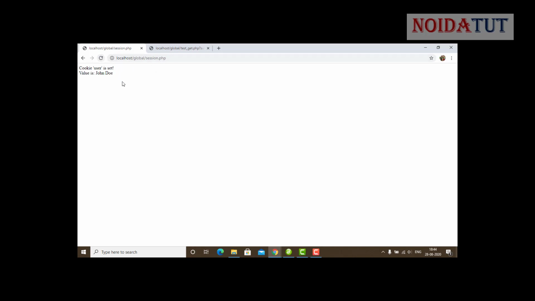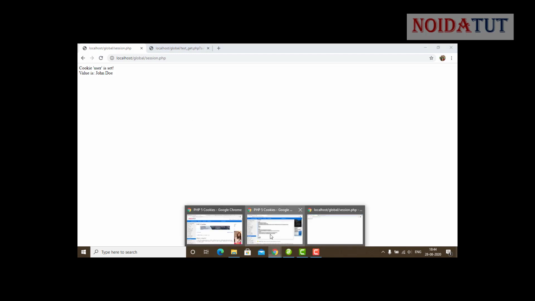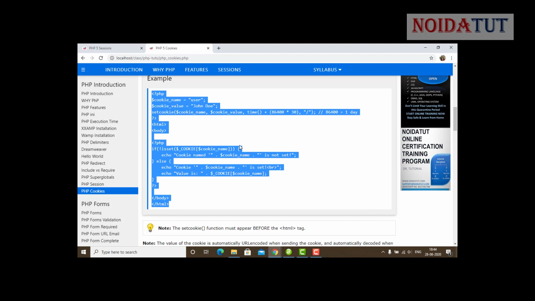Now we run it again. In this the cookie is set and the cookie value is John. So this is how, when we set the cookie, we get the value of the cookie.